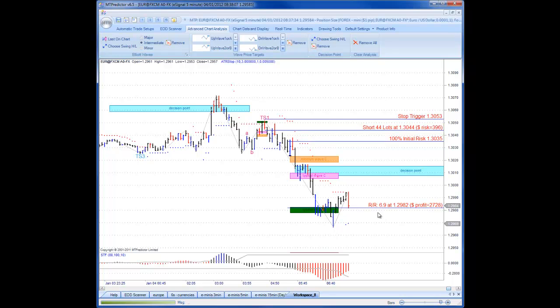Again, remember that our risk units are profits in terms of initial risk, so plus 6.9R means that the $2,700 profit was approximately 6.9 times greater than the initial risk. So that's again a good example of having a trade where the profit is large in relation to the small initial risk. In fact, this trade setup is what I call my holy grail trade setup,